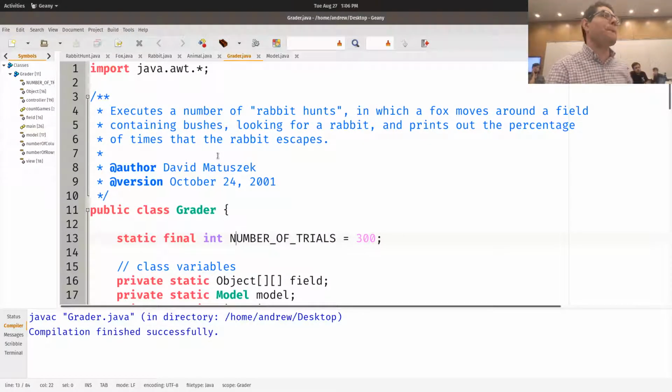So it seems to be doing a bit better, just a smidge better by actually staying still. And this is because the fox has to do all the work of finding the rabbit, and the rabbit can end up in a good position to not run away. So once you get the rabbit running away from the fox, that's what you wanted. That's basically a good place to be in.